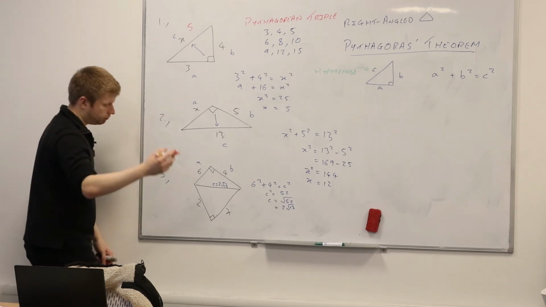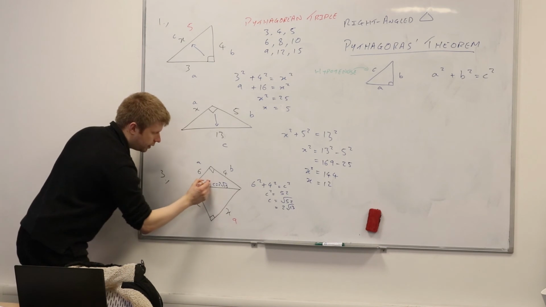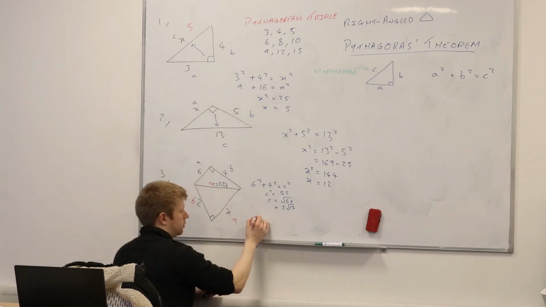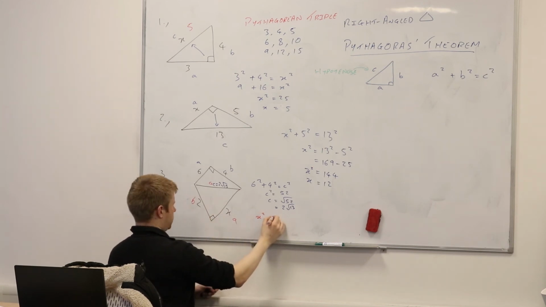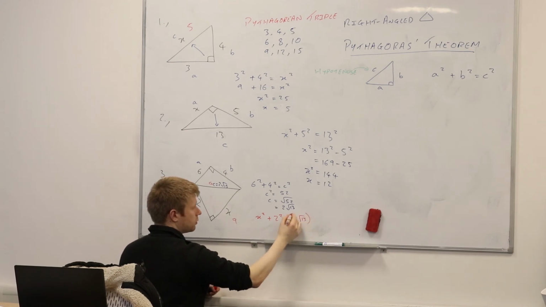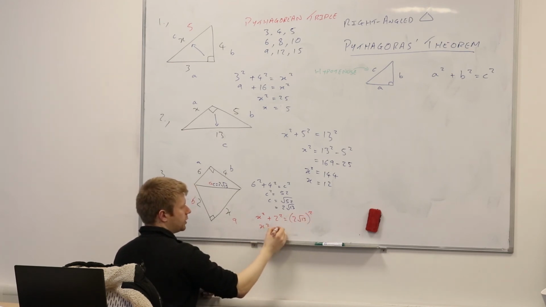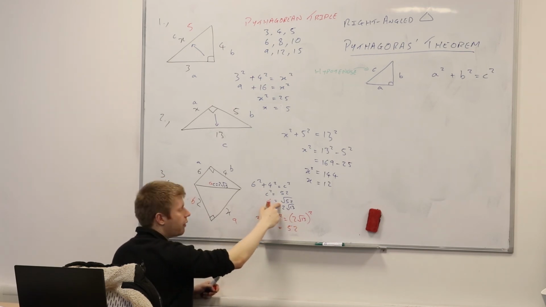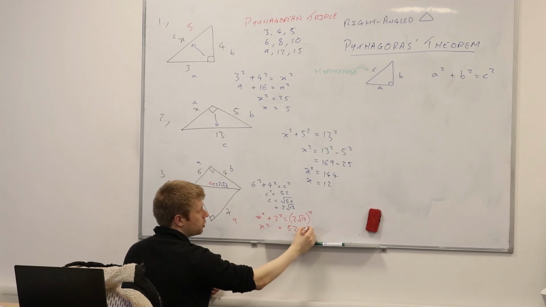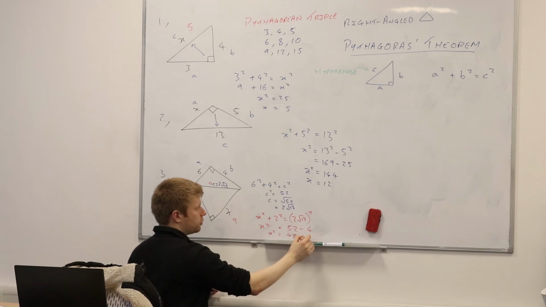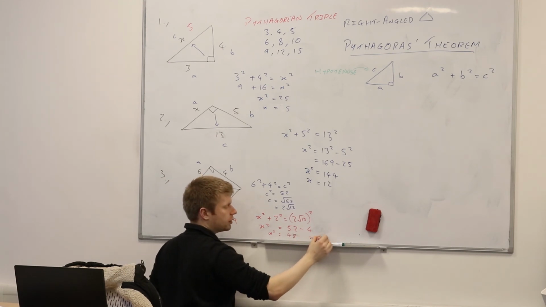Like the second example. Exactly. So that would be A, that would be B, that would still be C. So we're going to get x squared plus 2 squared is equal to 2 root 13 squared. So x squared is equal to this thing, which is just going to be 52, because I noticed that's the square root of 52. If I square it, it's going to become 52. I'm going to take away 2 squared, which is 4. So I end up with x squared is equal to 48, which means that x has got to be equal to the square root of 48, which is